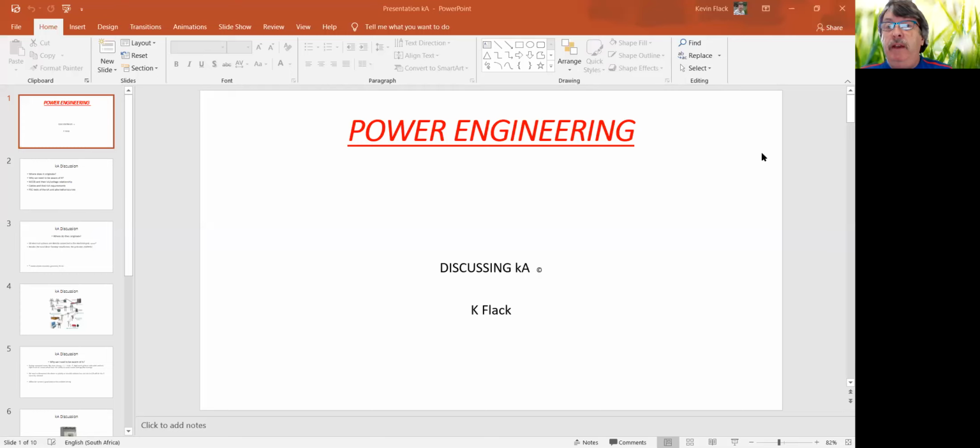Today's power engineering discussion revolves around short circuit levels, normally called kA in the electrical field. We'll be discussing this in some detail so that people can consider what we have to say in their daily life, dealing with short circuits and the levels and applications of circuit breakers, and just discussing a general topic in